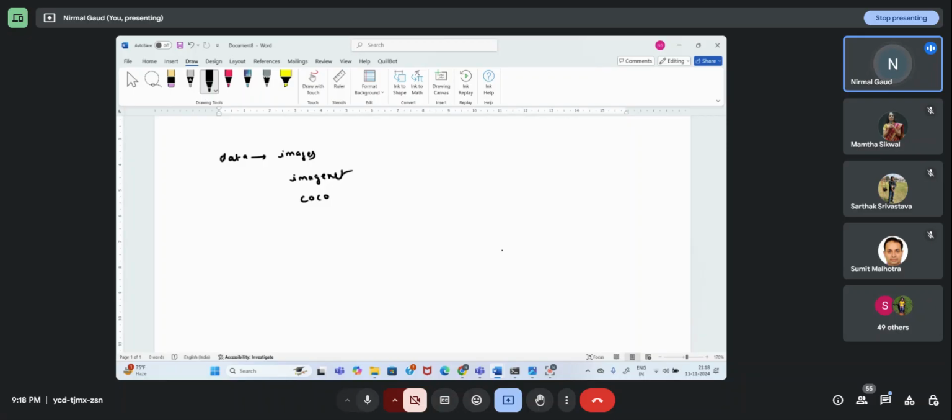That is also a benchmark data set. We have Pascal VOC, Visual Object Classes. There are many data sets available. However, the most used data are ImageNet and COCO. That's what we have seen.